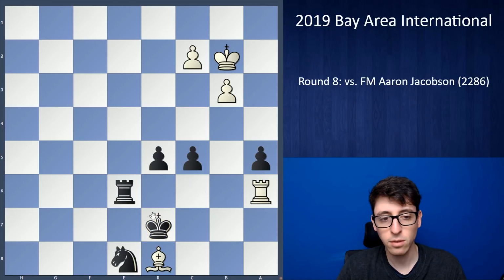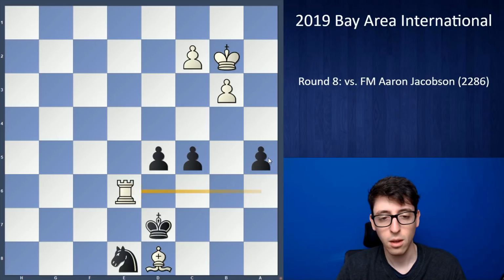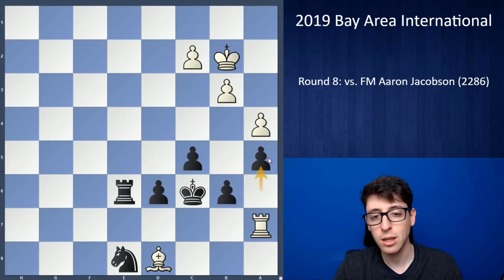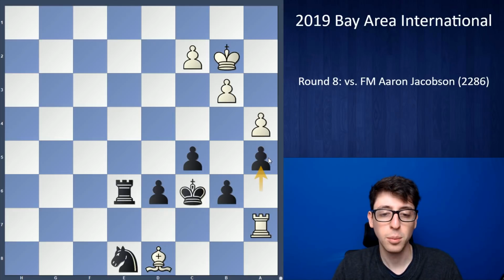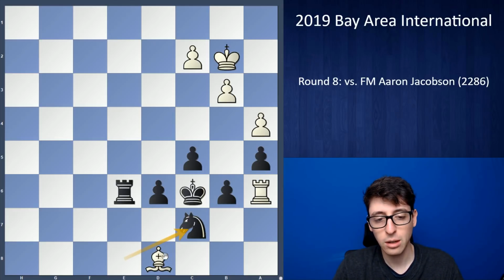Or like king d7, for example, trades rooks, takes on a5, and is a draw. So yeah, having realized now I no longer have any chances, I pushed a5. He played rook a6, knight c7. Now, of course, I would love it for him to take, so I could at least play a rook endgame